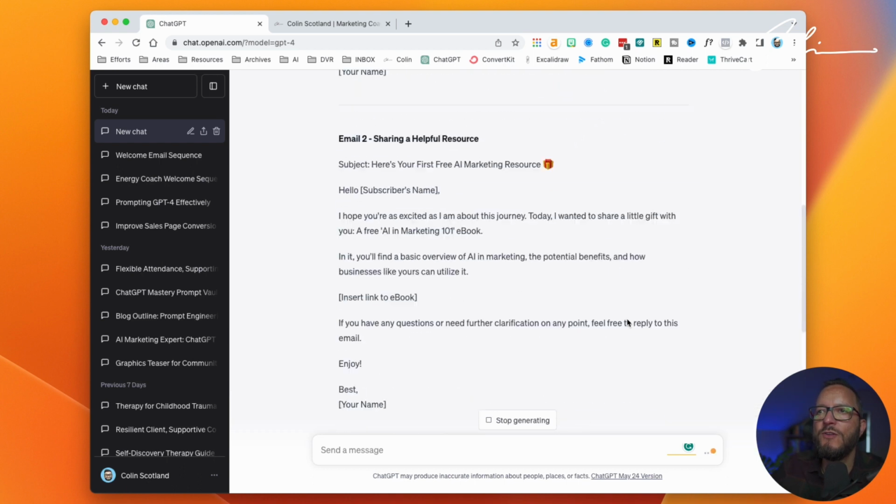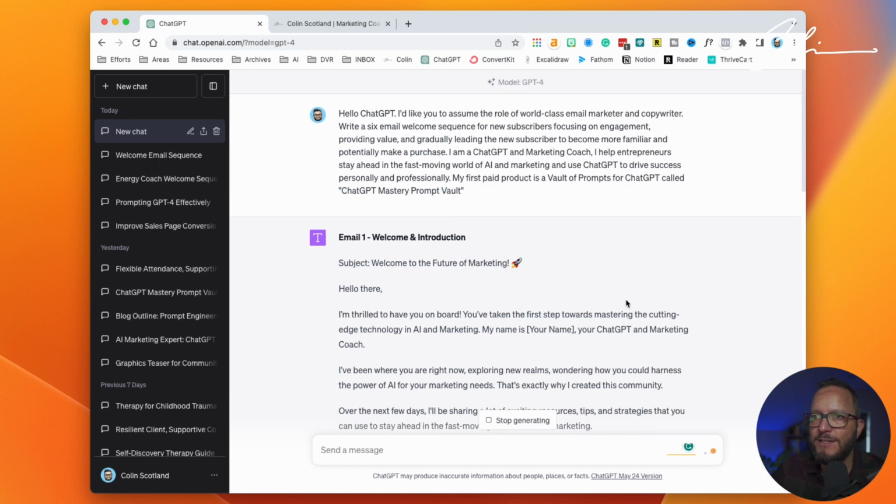So we've just gone through that live, right? In the case of an email marketing sequence, you can do the very same thing. You can mimic what I've just done, paste that into ChatGPT, and then watch the magic unfold. If you wanted 4 emails or 3 emails, then you just change this prompt to what you need.